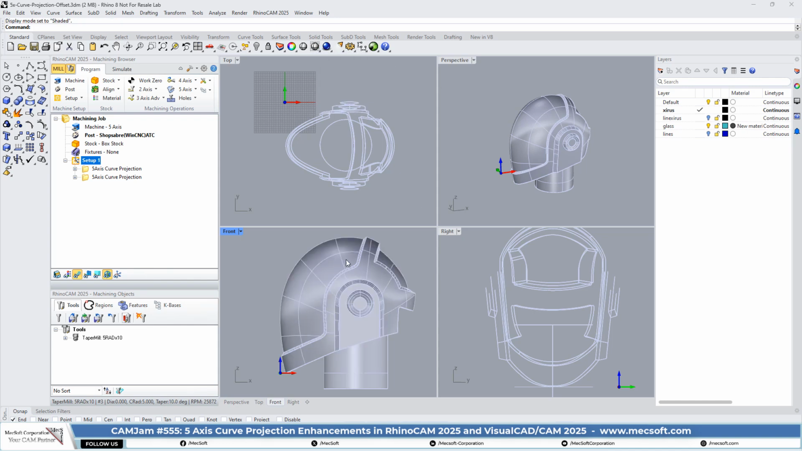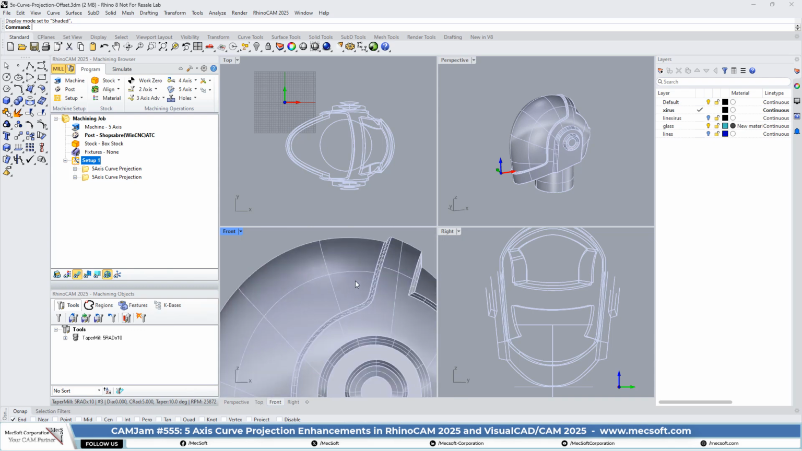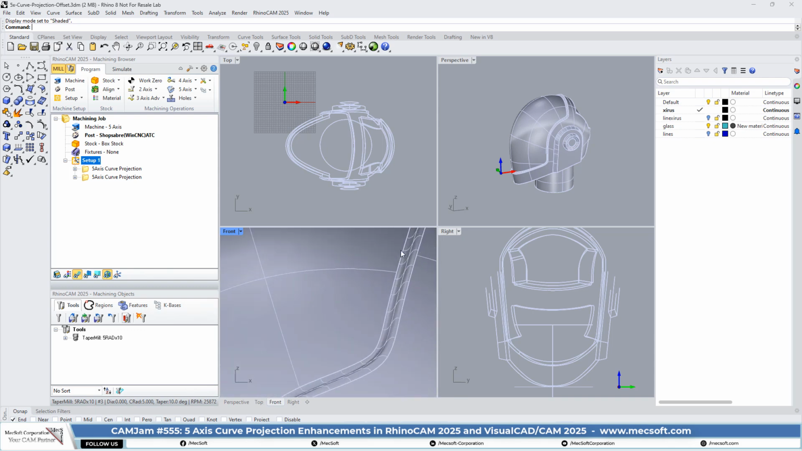Okay. In this side view, you see that this edge that we want to clear, it's pretty complex. So in 2024 and prior, on the 5-axis curve projection, you needed to create your curve at the location that you want to project it. Well, in cases like this, you may not want to use this edge and project it directly onto it,